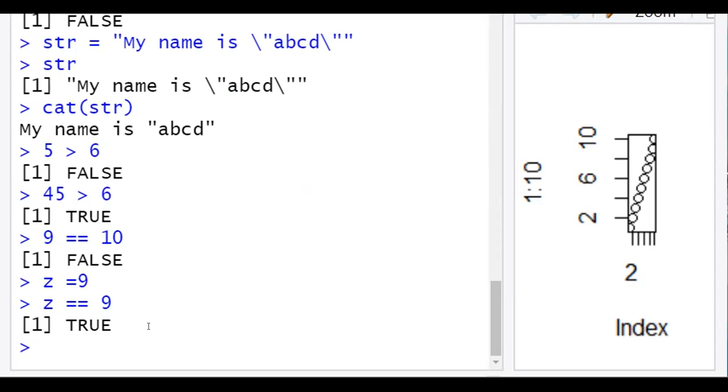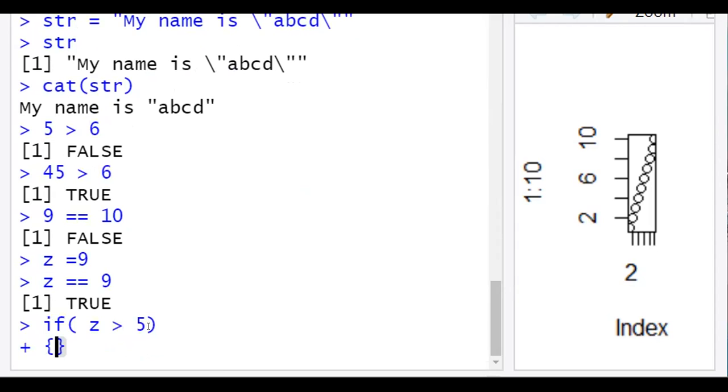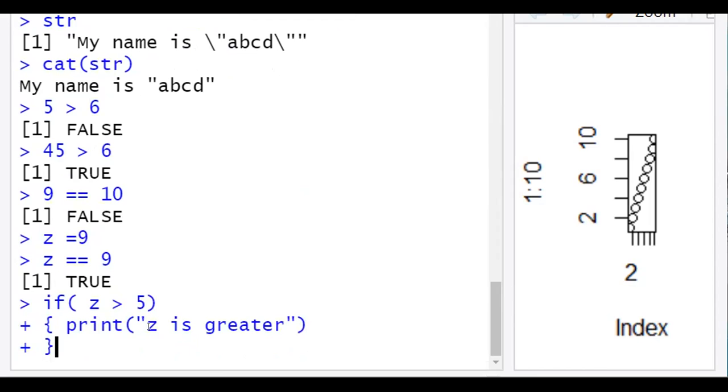We can use looping constructs. A simple if statement would look like this. If z is greater than 5, then what we want, we can put in braces. If it is so, we will print "z is greater", like that, and simply close.